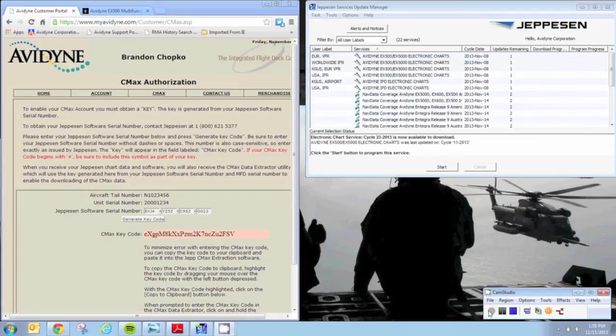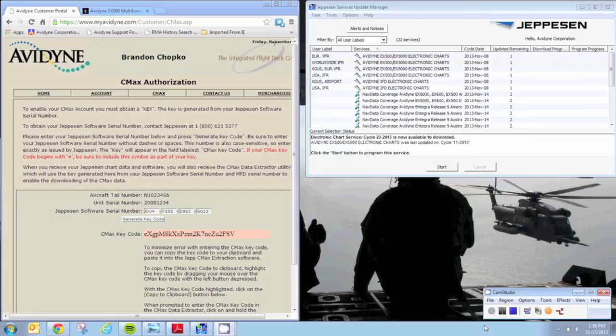Okay, now that our Jeppesen download is complete, we have the data on our USB drive, and we're going to take our thumb drive out to the aircraft. The important thing here when you get in the aircraft is to make sure that you plug the USB drive into the MFD prior to applying power to the aircraft. If you plug in the USB drive after the MFD is booting up, it won't recognize it, and may cause some problems down the road. So make sure that you plug it in first, then power up,